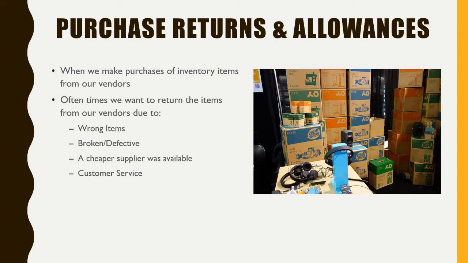You might even have defective items. They might even send you the wrong item, because again, you're buying thousands and thousands of them, and the person who's transferring all these boxes out of their truck, they might grab the wrong box. So again, there are many reasons that you might want to return those items,